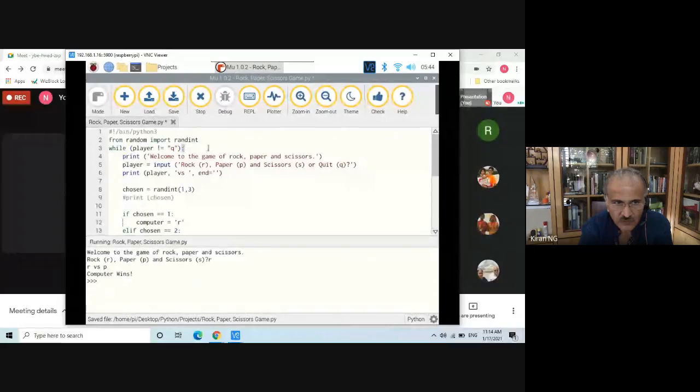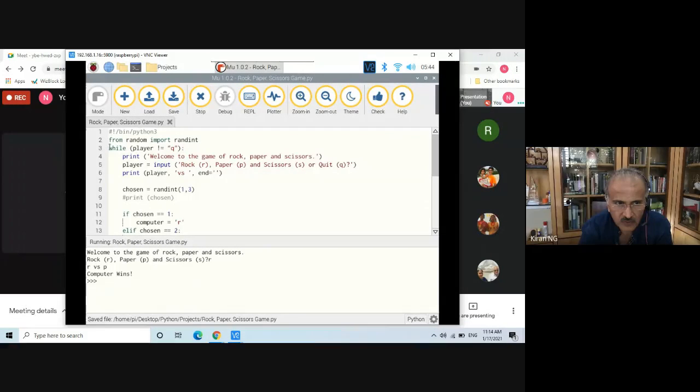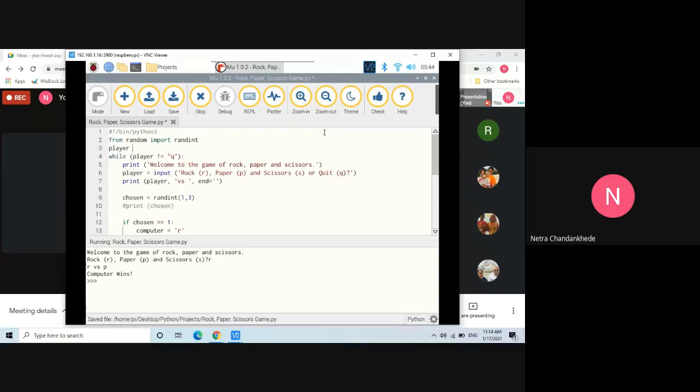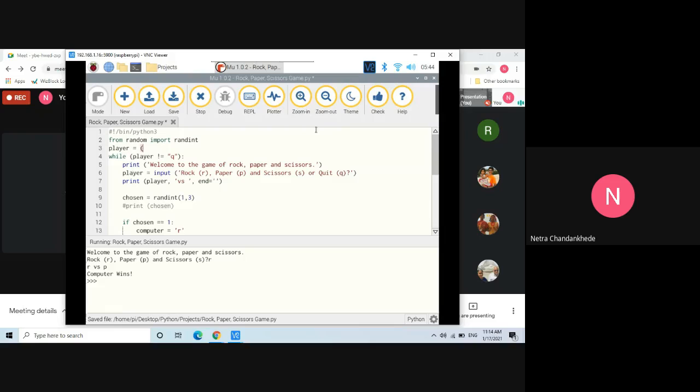Now before the while loop, you just define it. Before the while loop, press enter. Then let's say initialize player. Player is equal to null. None, absolutely none. Is equal to no, not cat, null. Open bracket, close bracket. Or okay, capital null is also fine.